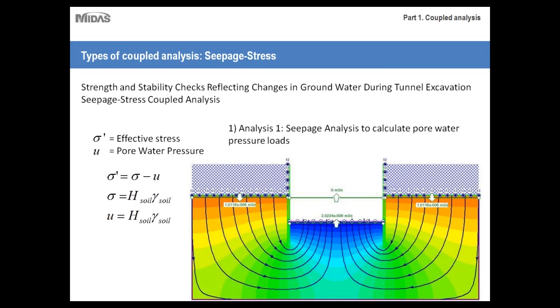of structure types. I'm sure you're all familiar with this equation: the effective stress equals the normal stress minus the pore water pressure, and the pore water pressure is calculated through the simple equation, the height of the water multiplied by the unit weight of the water. But that's very simple to calculate with smaller scale projects. As you get into larger scale projects with more complex geometry, coupled analysis becomes more prevalent. It takes a longer process to do, and that in turn makes numerical modeling more prevalent as